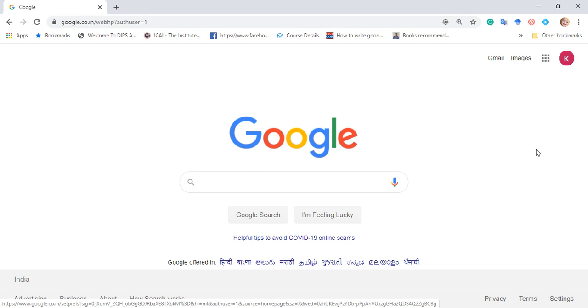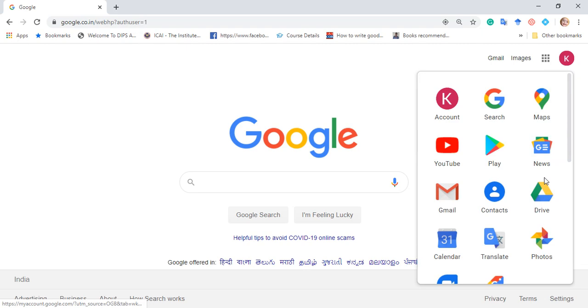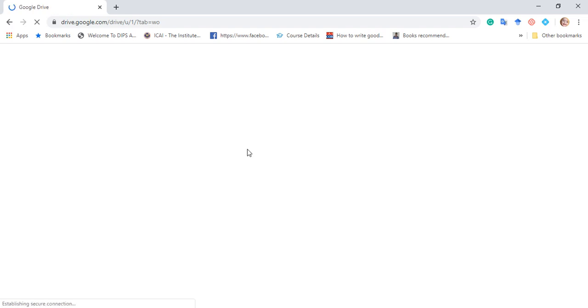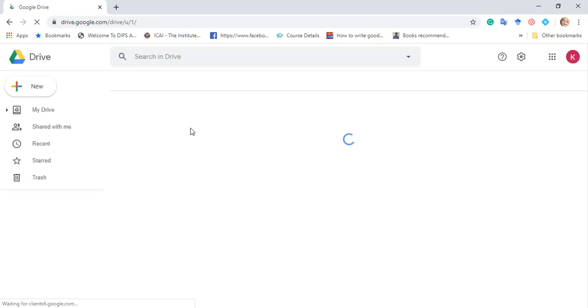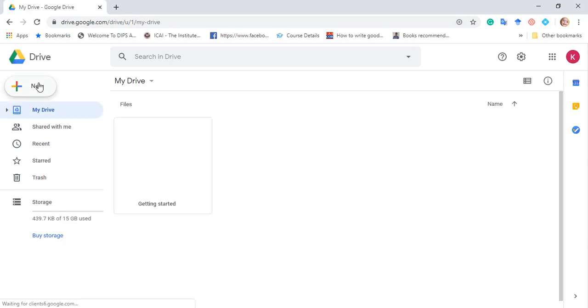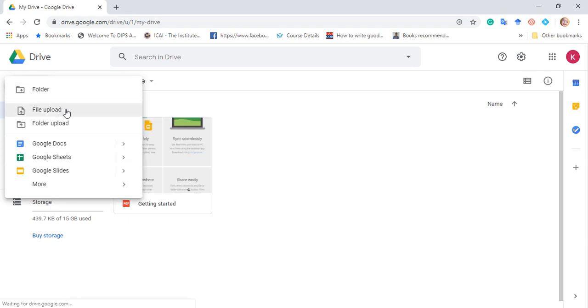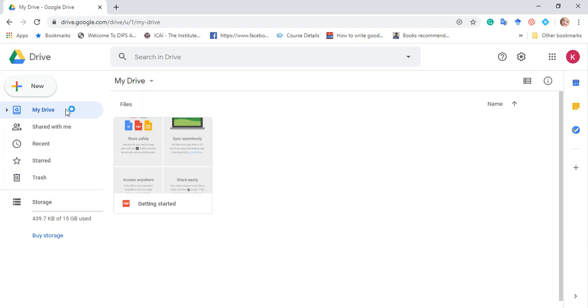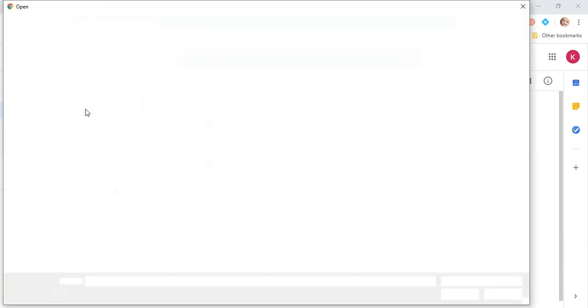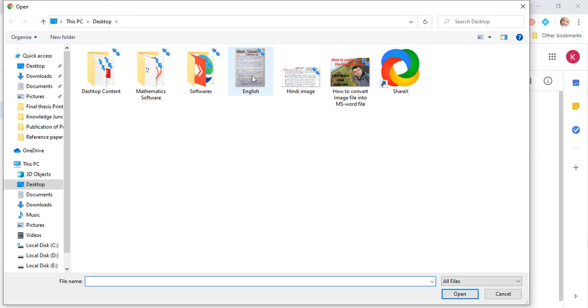You have to be logged into Google, and then you go to My Drive, Google Drive. In that you click on New, and then you have to click on File Upload. So I will select both these two files to upload.